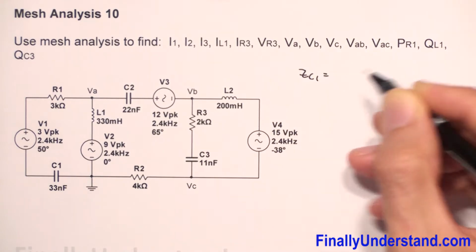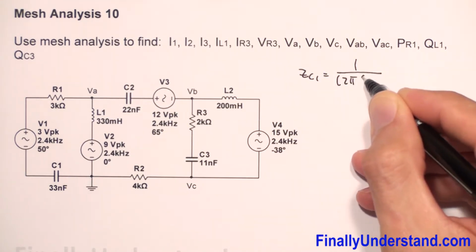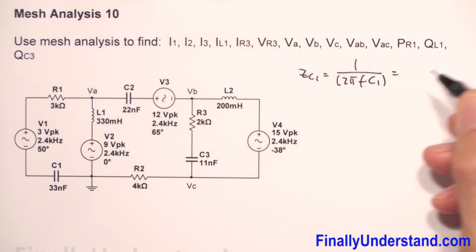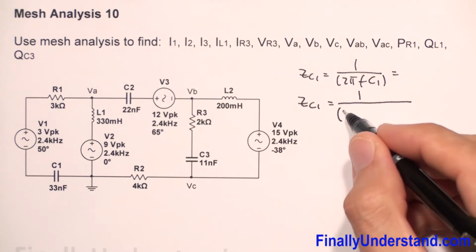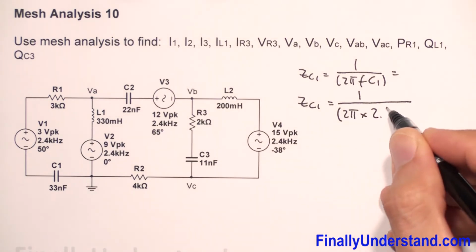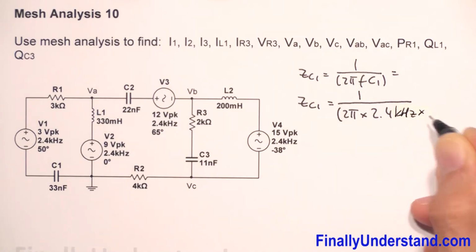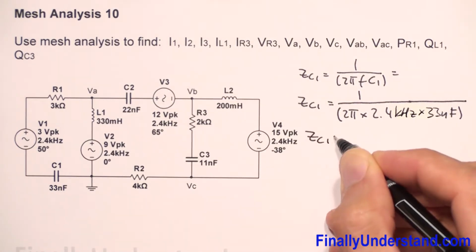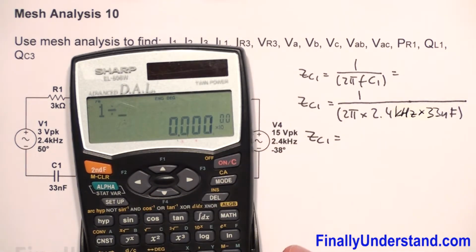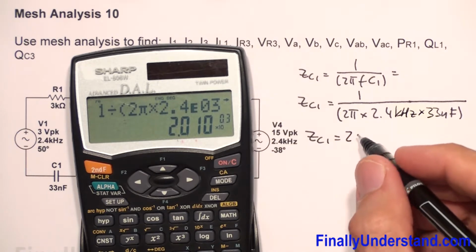So I have ZC1 is equal 1 over, open parenthesis, 2 pi F C1. Write always formula first. So I have ZC1 is equal 1 divided by, open parenthesis, 2 pi times the frequency, which is equal 2.4 kilohertz, times the capacitor C1, which is equal 33 nanofarads, close parenthesis, and this is equal ZC1, and I have 1 divided by, open parenthesis, 2 pi times 2.4 exponent 3 times 33 exponent 9 negative. This is equal to, we can say 2 kiloohms,